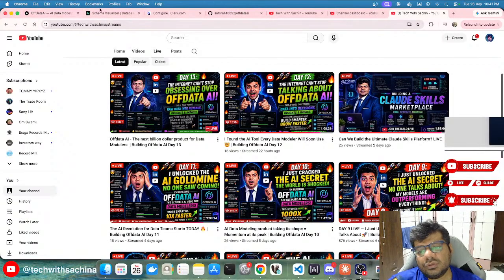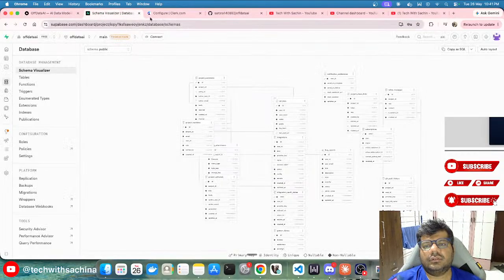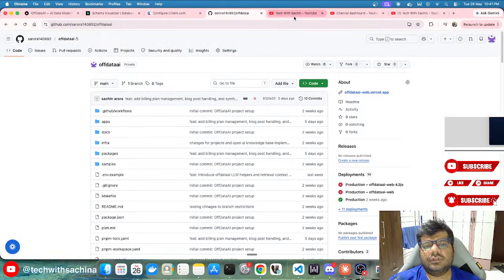So we can also take it like in a later stage we can build a marketplace for data models as well. Once a certain person has developed their own data model, they can also sell it, right? So that can also become a very great feature within the product, right?